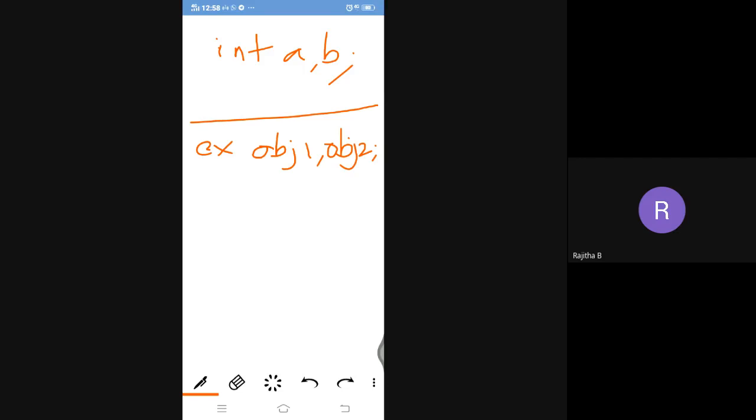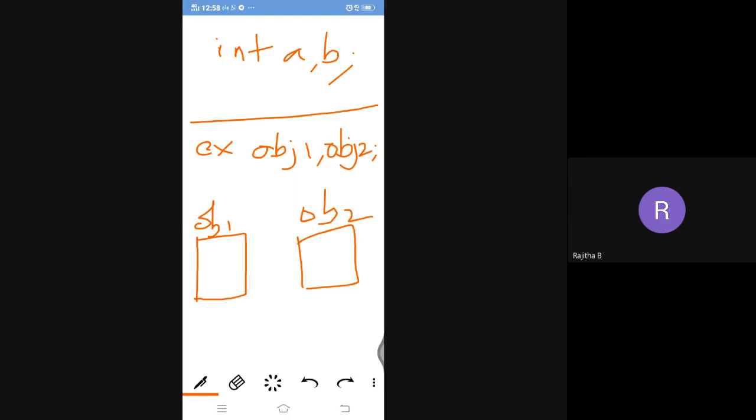So I'm creating the two objects obj1 and obj2. When you create the objects, memory will be allocated. Why? Because objects are the physical one, and the class is the logical one. So when you create the objects like this, memory will be allocated for object 1 separately, and memory will be allocated for object 2 separately.